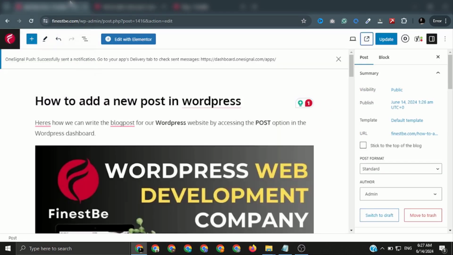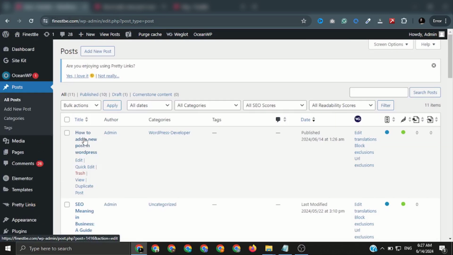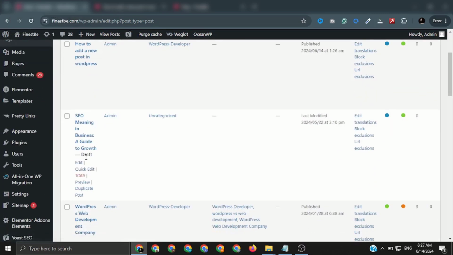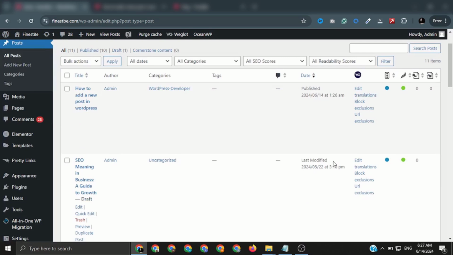Now we have added this article, and now we want to delete it or make it a draft. Here you can see it's not in draft, it displays published, and the draft one displays last modified.